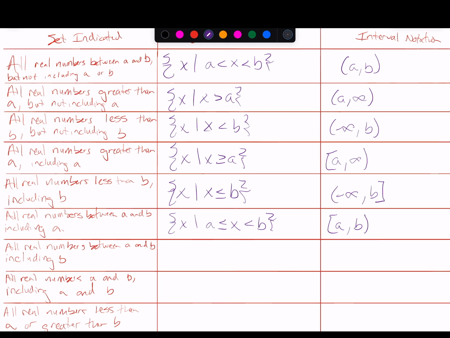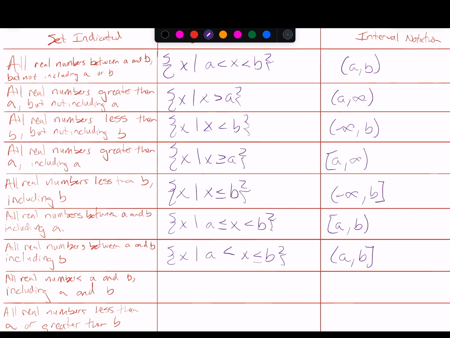The next example is all real numbers between a and b including b. That's the set of all x such that a is less than x less than or equal to b, and then an interval notation that is a parenthesis on a and a bracket on b,